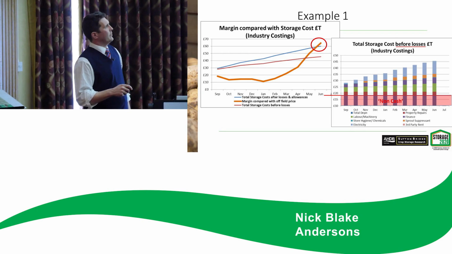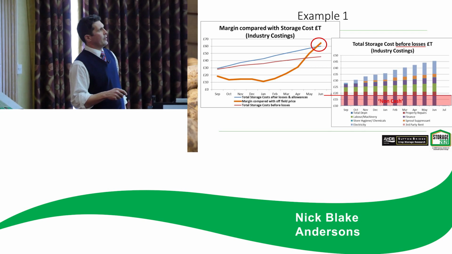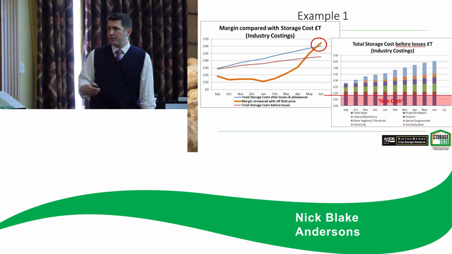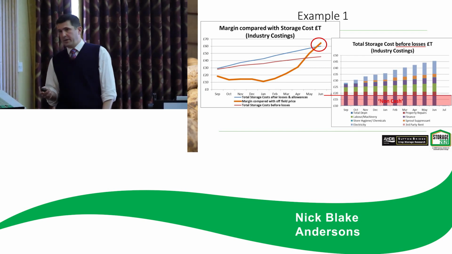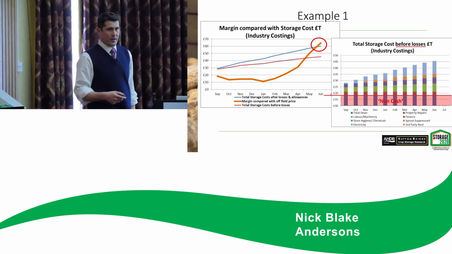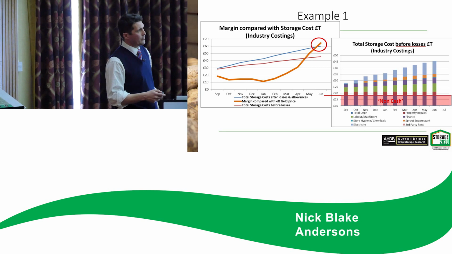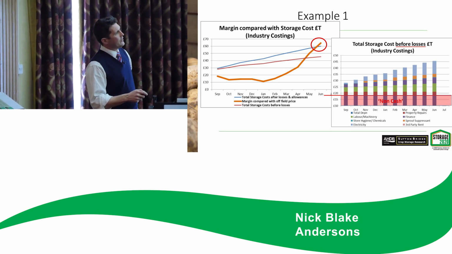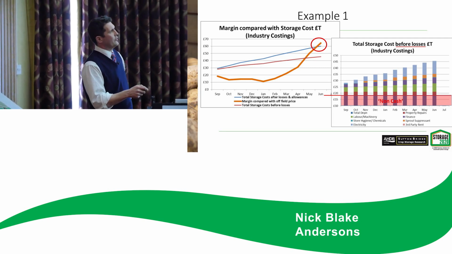So obviously the idea being the margin compared with off-field price, we want to see that orange line cross the blue line as soon as possible during the storage period, because we know then we're making a margin on our total cost. You can see obviously in this example when we get to June we've made a margin over our